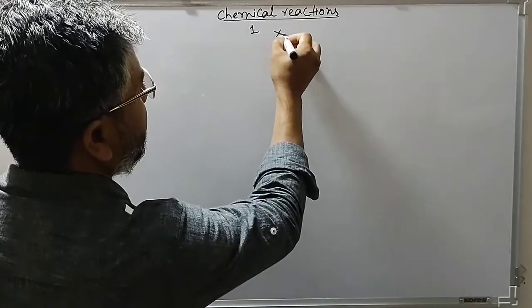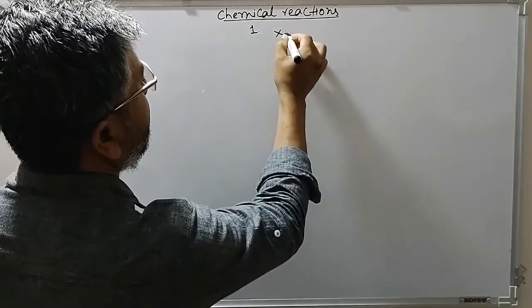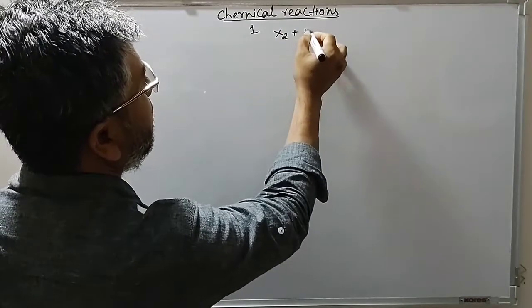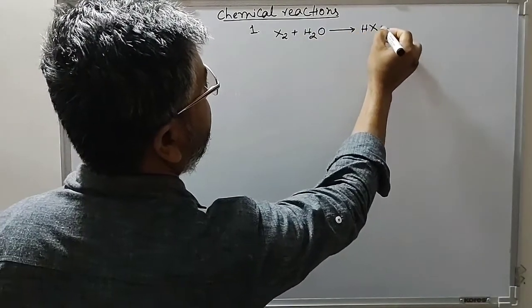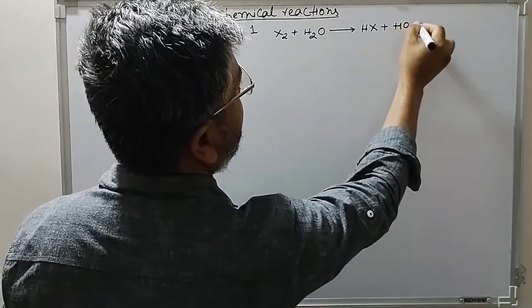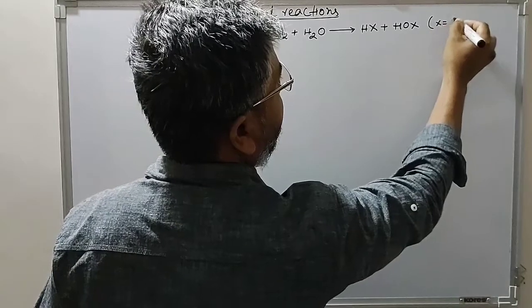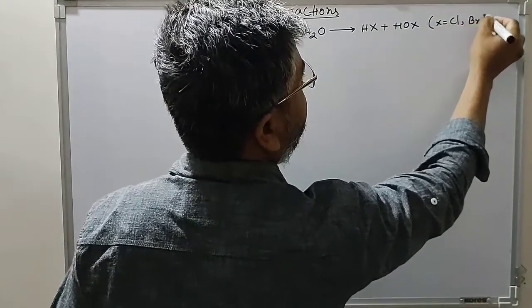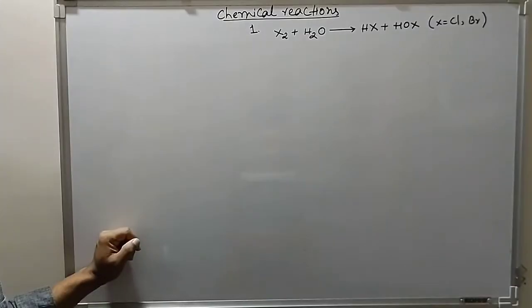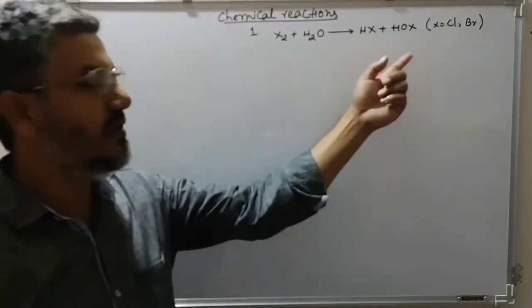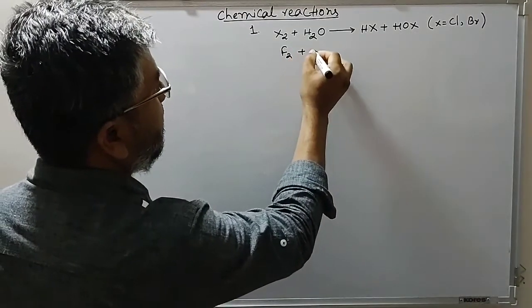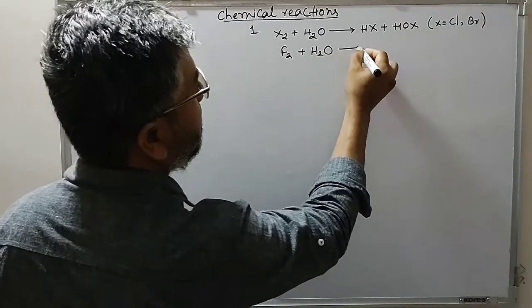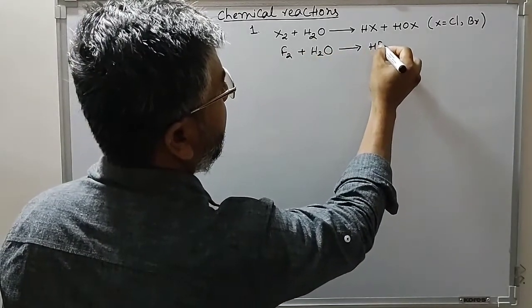These halogens react with water, and this gives you HX plus HOX. This reaction is given when X is equal to chlorine or X is equal to bromine. Iodine and fluorine do not give this type of reaction, whereas fluorine reacts with water to give you HF